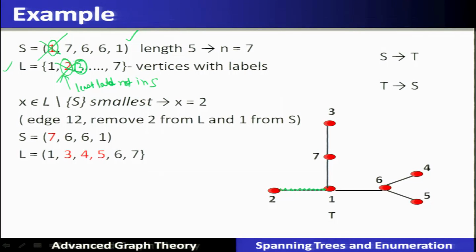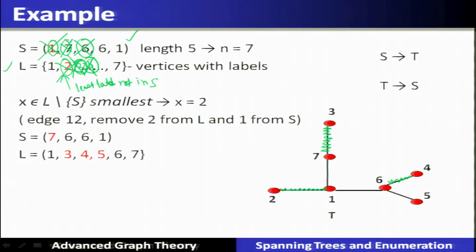So let us consider 3, and we are going to join it with 7. So 3 and 7 will contribute to add an edge, and now they will be removed from both L and S. Similarly, let us take the label number 4. 4 is not present in S. So 4 is the least label which we will consider, and we will add an edge with 6. So 6 and 4 will be placed, and now we are going to remove these two nodes from this particular